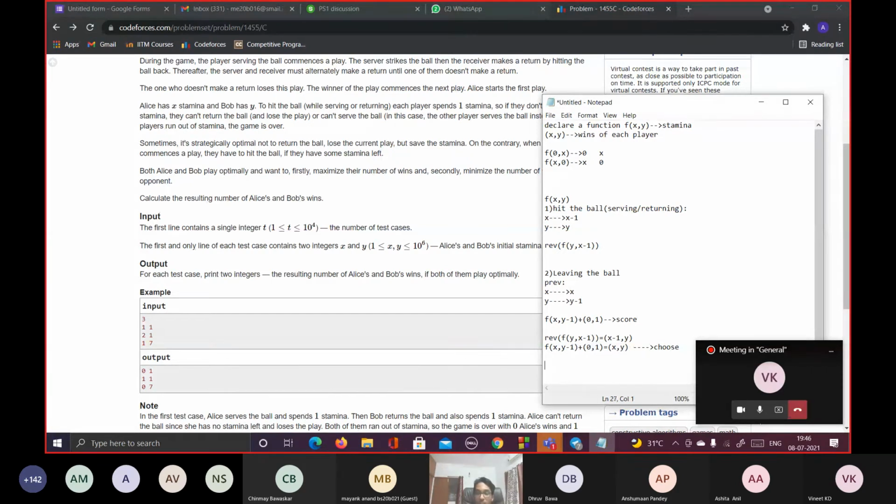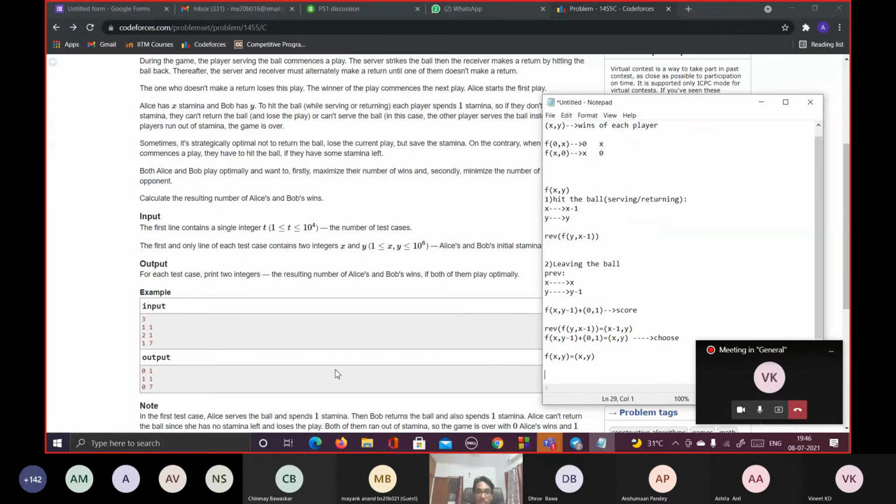And so what we have concluded is that f of x comma y is actually equal to x comma y, because for f of x y, we are choosing this case, which results in a score of x comma y.